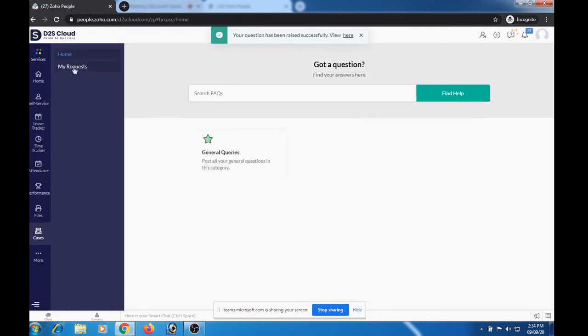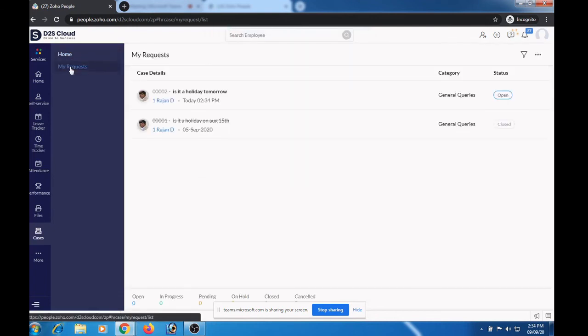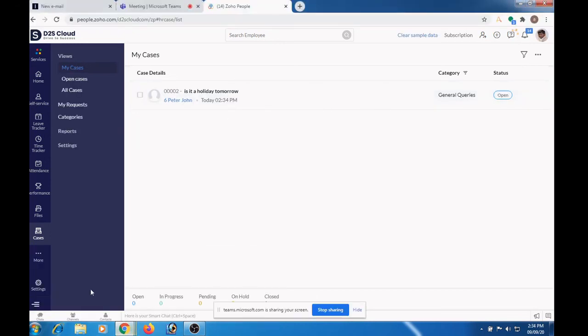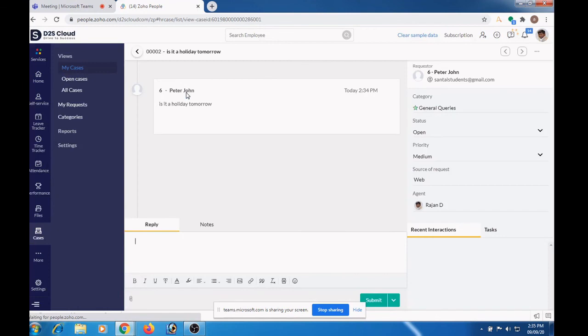Close. So you can go and see my request here. These are the requests he has sent. This has been already answered, and so it is closed, and this one he just now raised, and it is open. Let me go to the administrator page here. The administrator can see the query here. He can open this one and reply to this question, and he can type a reply here and click the submit button.